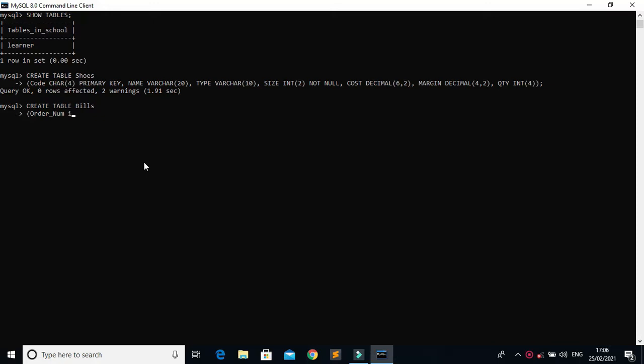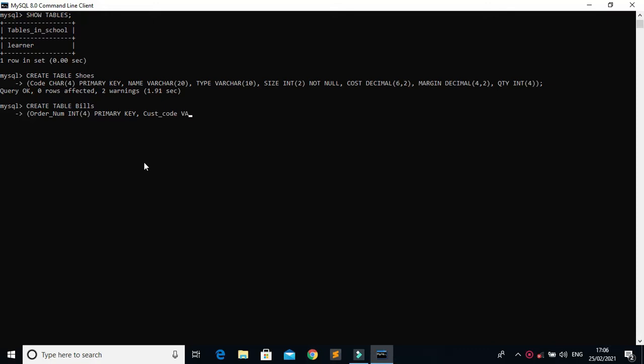The data type for this will be integer and the size will be 4. We can define this as the primary key, as the order number is a must for every bill.